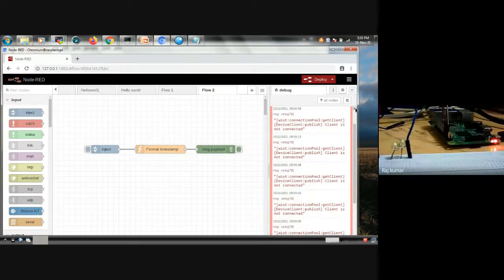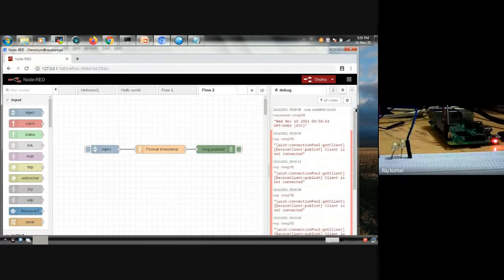So we wanted to introduce this Node-RED and how to use it with the Raspberry Pi. That is all about it. It's flow-based and easy to use. It does not require much programming skills. Simply, if you are very well versed with JavaScript coding, you can go ahead with using Node-RED.